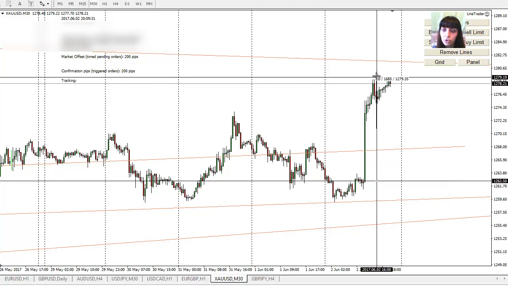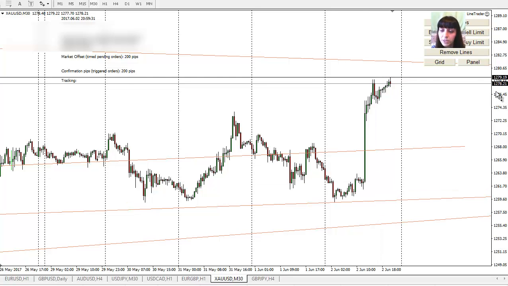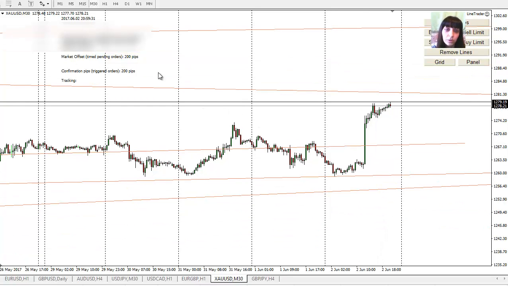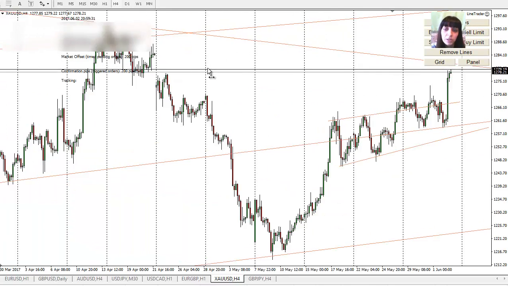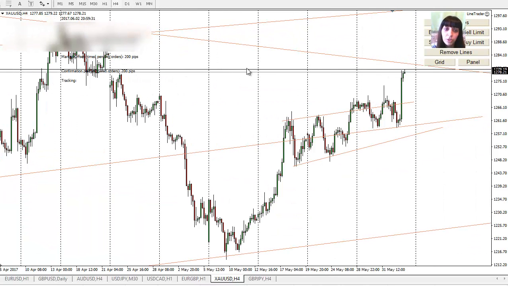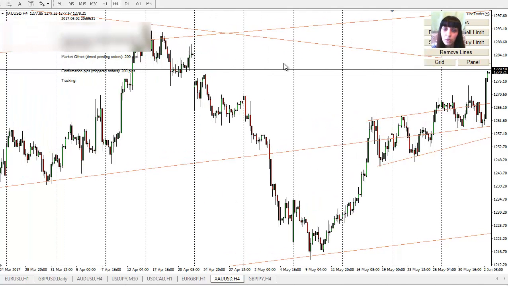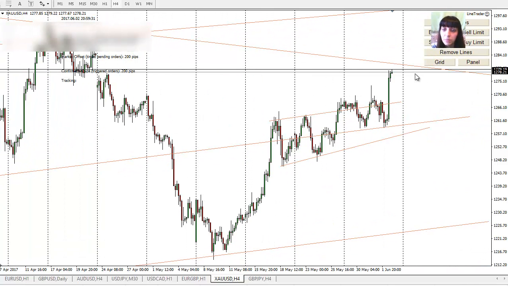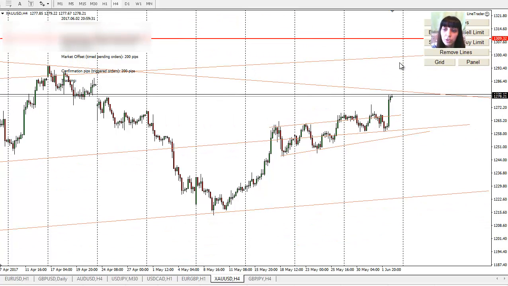Gold is like huge, it's like 160 pips movement. So I'm still not into gold as much. And just as expected, what it's trying to do, yes, it did get to our gap. So it's trying to close the gap. So I see it might continue and actually close it, and possibly even continue and reach the next level.